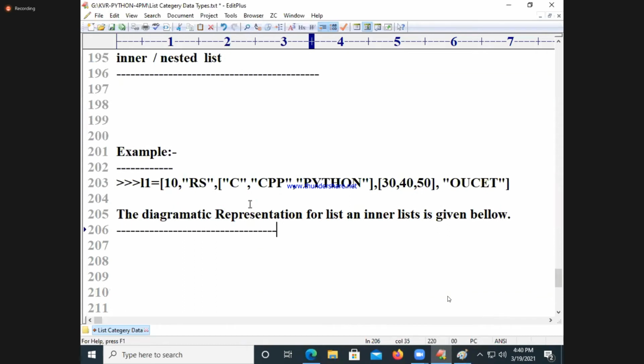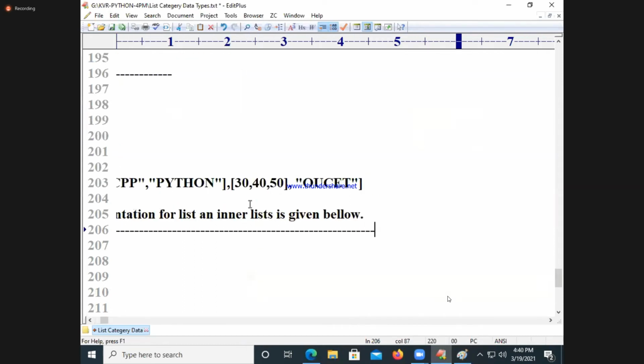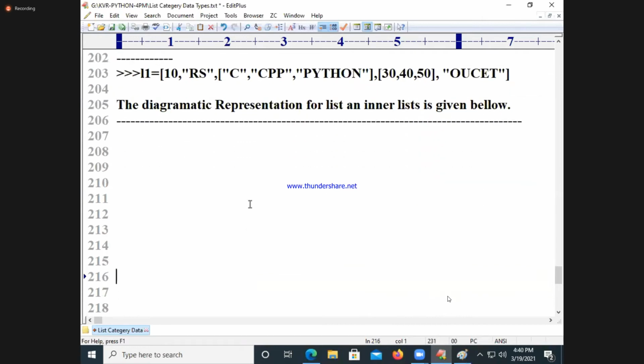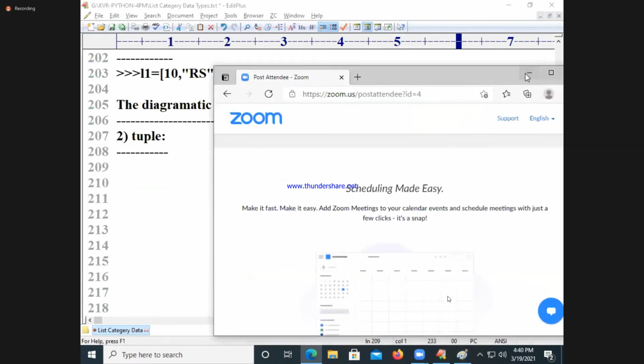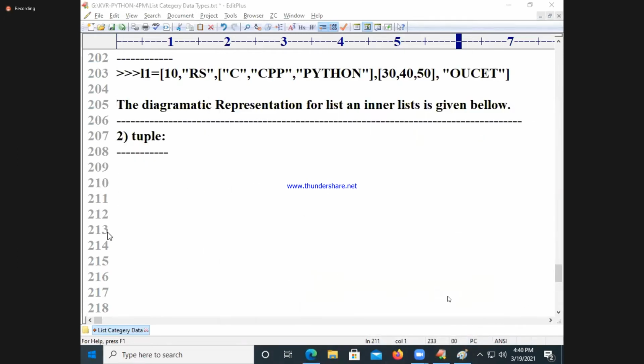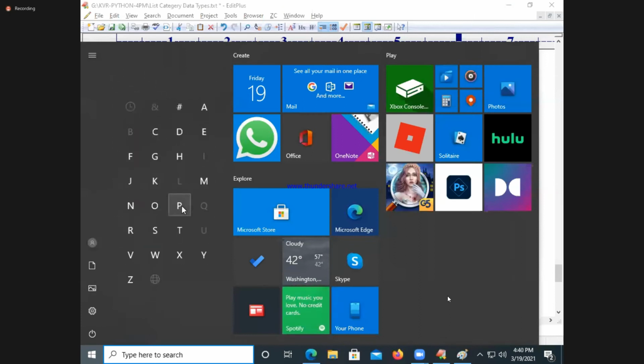Write down the subheading, all of you. Tuple. Second one is tuple. Now let us take the representation of it. Let me start in the Python command prompt.